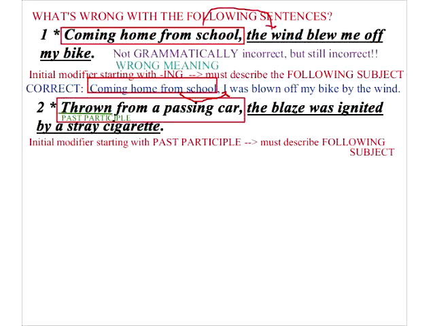Again, notice that like almost all modifier errors, these are not grammar errors. The vast majority of modifier errors are meaning issues and not grammar issues. Because again, this sentence is perfectly grammatically correct, but it's just kind of a stupid sentence. It implies that someone is enough of a comic book style champion that they can actually throw a blaze out of a car. Which is nice and funny, but it's not the intended meaning. The intended meaning is that a cigarette was thrown out of a car. So the correct version would be something like thrown from a passing car,